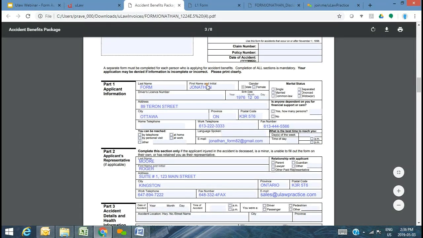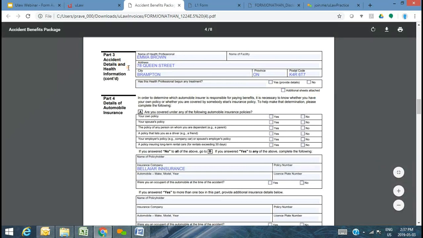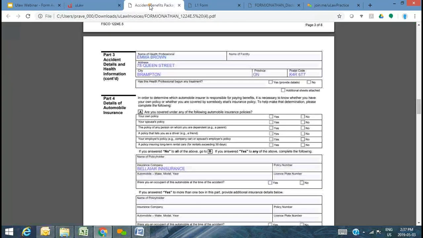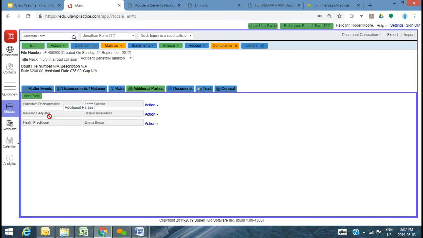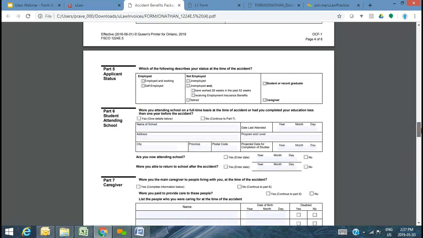You've got Jonathan as the client, all that information, the information of the legal representative. You also got the accident details and health information of the health professional. So if you look at this, you've got the health practitioner as Emma Brown, and that's why you have that information filled out. You can see it's not filled out as street, it's capitalized. You can see the insurance adjuster is a company, Bel Air Insurance, and you have the insurance company information filled out as well. Likewise, you can add the policy holders,